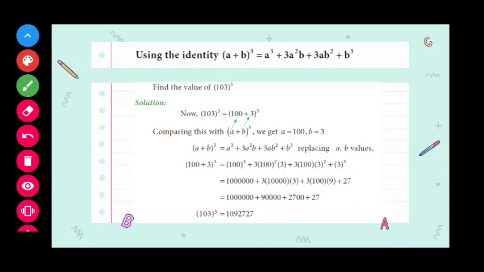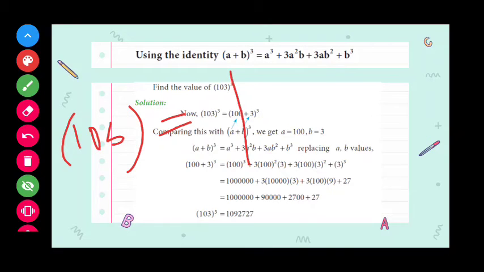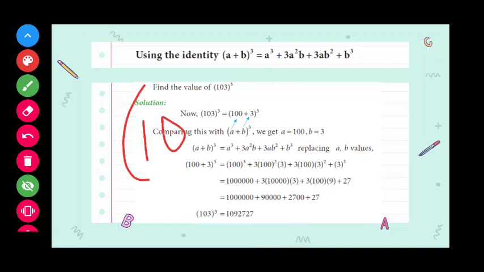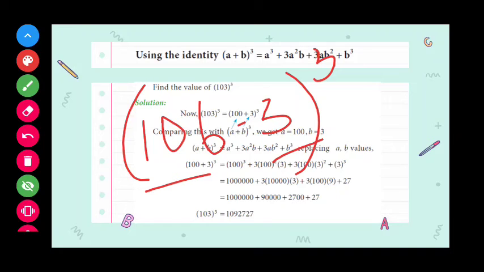Okay, so first thing is, whenever you get a question like this, you have to split the term into two easily accessible terms. Same way you can also use (a − b)³. How do you write that? 103 can be written as (106 − 3)³. Okay, in this way it is (a − b) whole cube, since 106 minus 3 is 103. So here you can use the (a − b)³ identity also. Okay, so we'll get to the next problem.